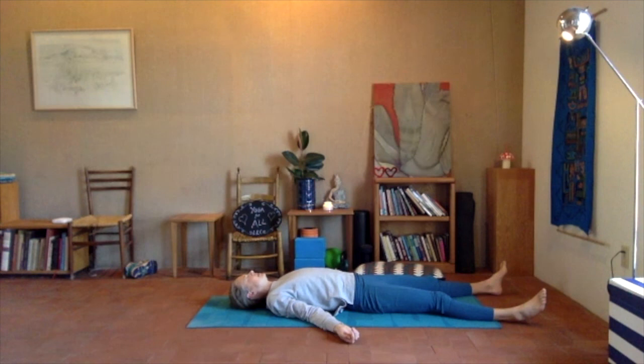Taking a few moments now just to completely relax. If the mind starts to wander, just follow the breath and think of your thoughts as kind of clouds drifting by in the sky. We're not going to run after them, we're just going to observe them, just floating by, nice and softly and gently. And relaxation like this is definitely a practice as well. So whenever you need to, just come back to the breath